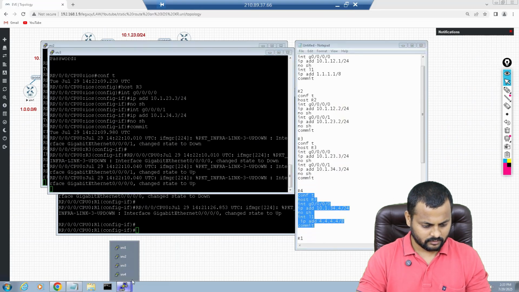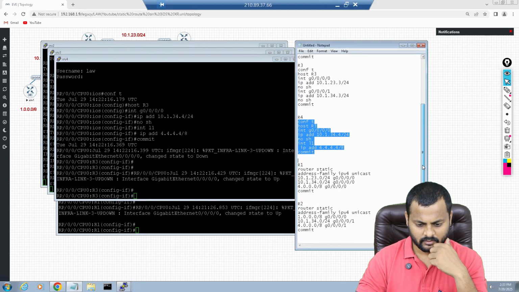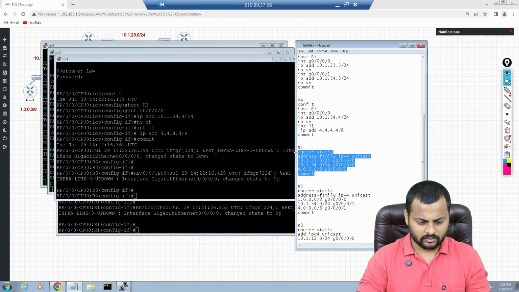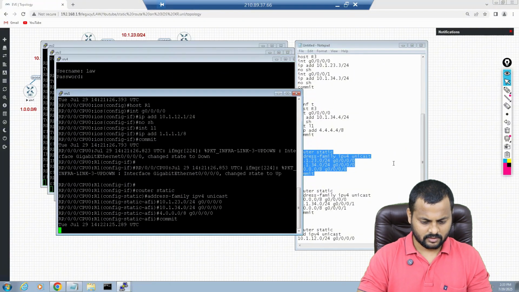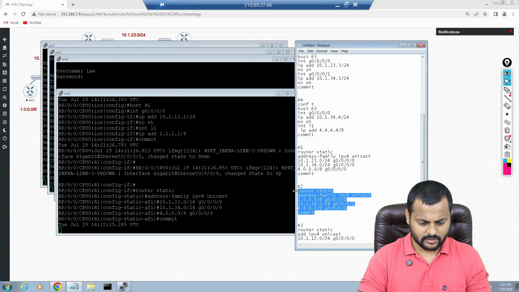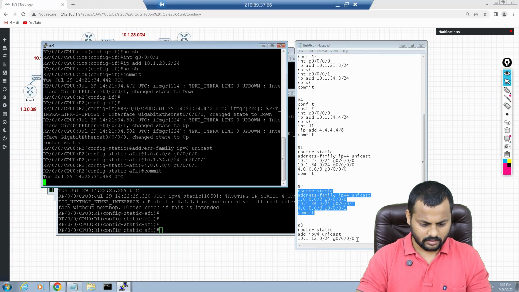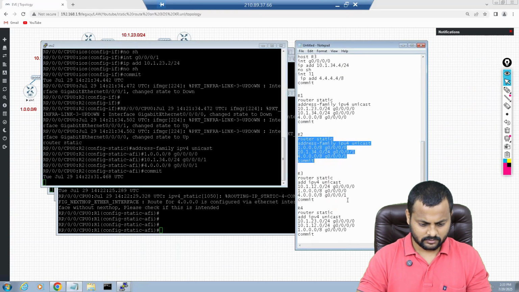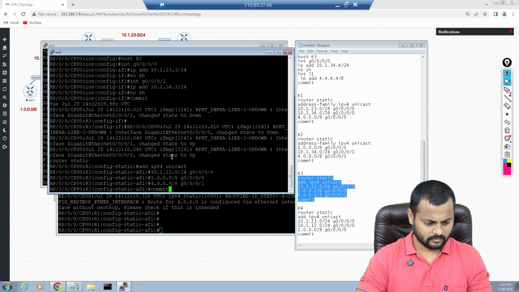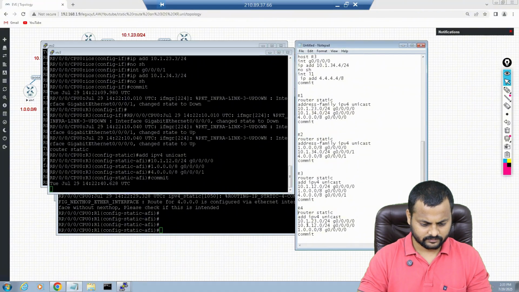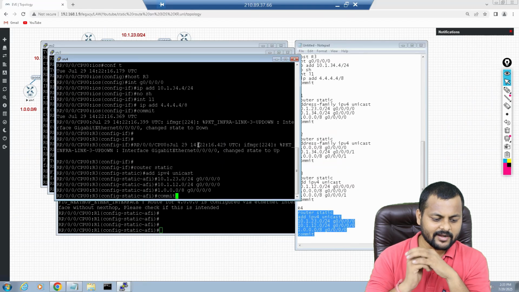R4 now. We have those guys done, and finally we have router 1. That's a static route on router number 1. Configure this guy, and my static route has been configured on router number 2 as well. All done. And router 3 as well. All done. And router 4 as well. Now the static route has been configured.